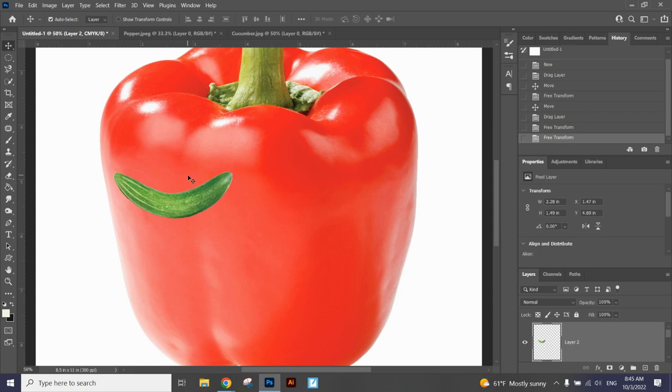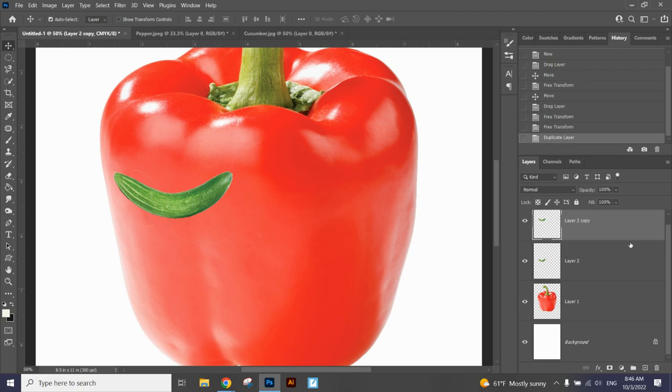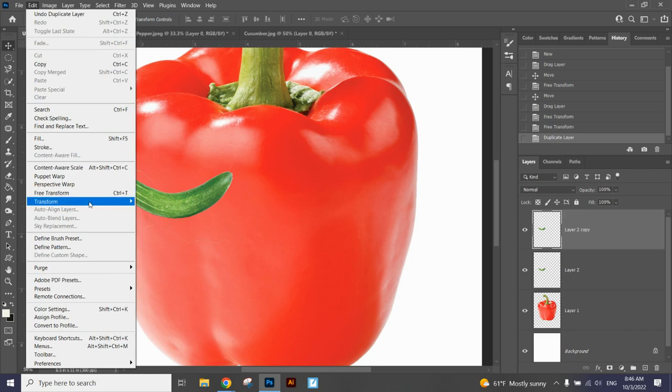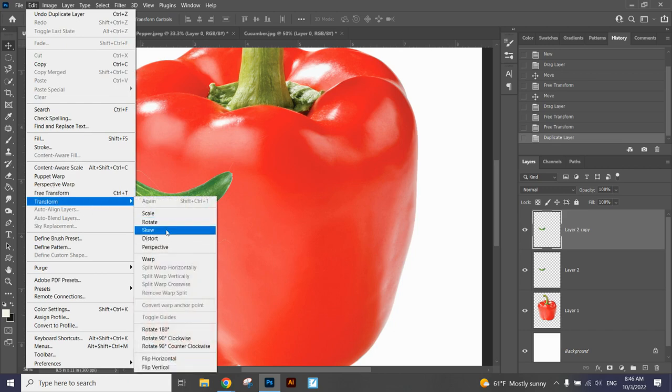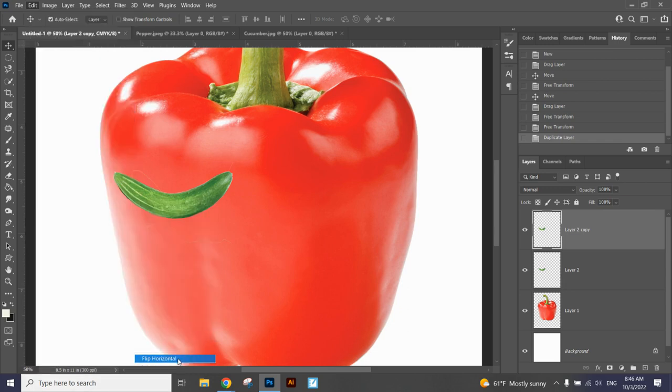Okay. Now, the thing is, I want to copy it and I want to make it a perfect flip image for the other eyeball. So what I'm going to do is right click on the layer and hit duplicate and press OK. So it looks like nothing happened, but it says layer 2 copy is there. It's actually right on top of it. So if I go to Edit, Transform, and I go to flip horizontal, bam, it flips it to the other side